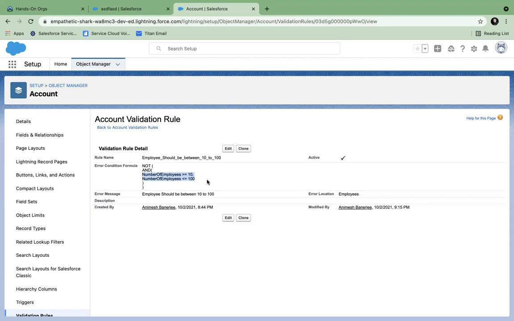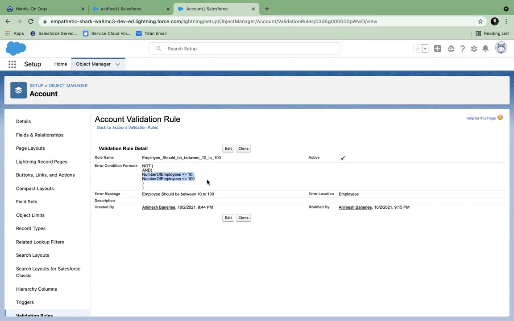Yes, sir. The customer who gives you positive requirements will give you this way. This will be easier if the customer is giving you a positive requirement, that this range 10 to 100 only you allow, then that is an AND condition, right? Where you are saying all this will be true.